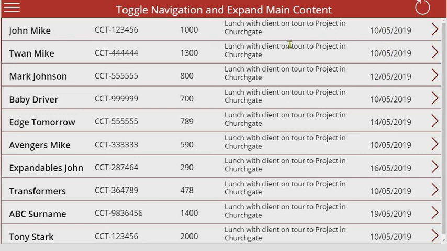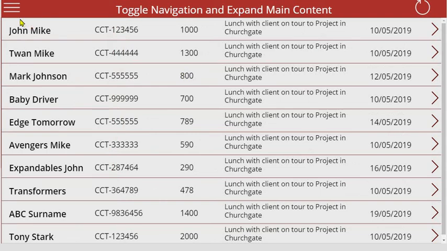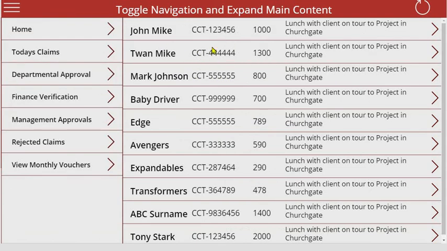You can do this, or if one of the columns has a large content, it could be a single line text or multi-line text, then you can expand the width of that column depending on your requirement. Either you can add more columns or you can expand the width of all of your 4 columns or 5 columns, whatever columns you're using. So that's the part. So let's see how we have achieved this.